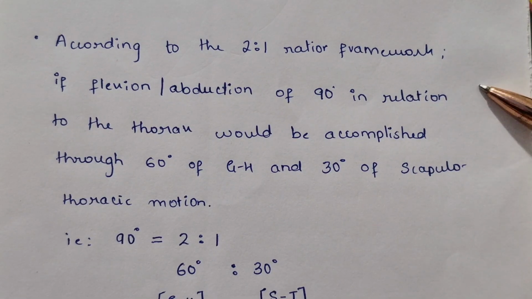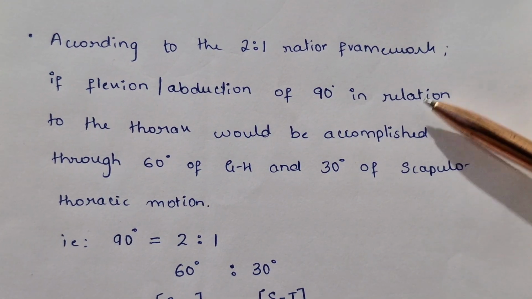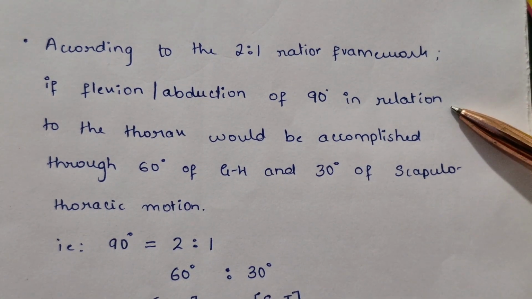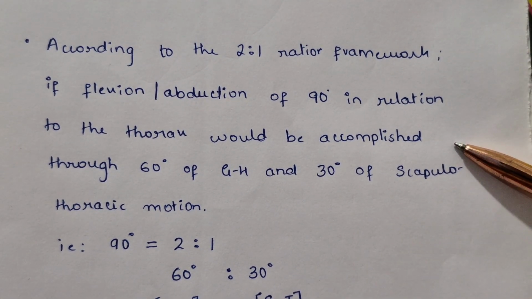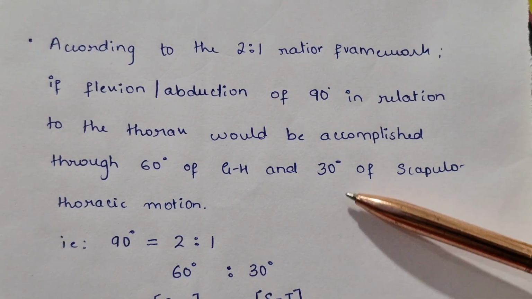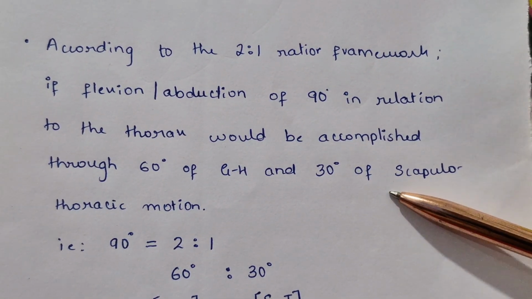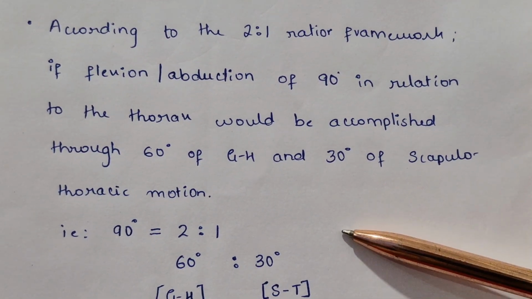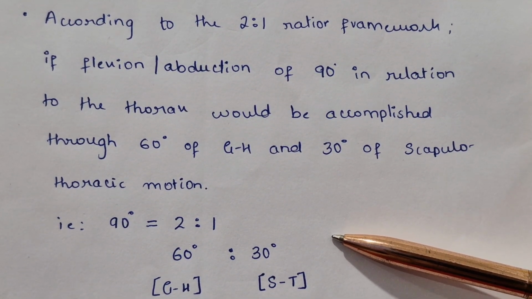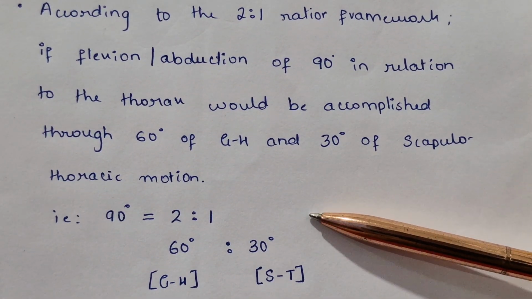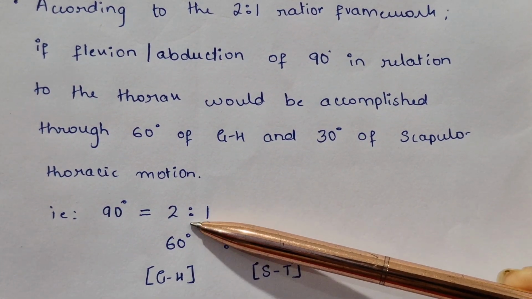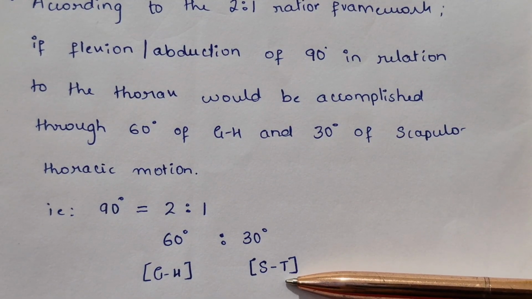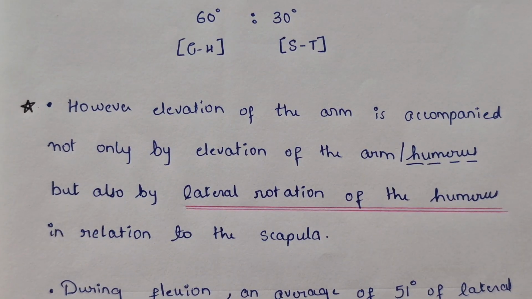According to the 2 is to 1 ratio framework, flexion or abduction of 90 degrees in relation to the thorax will be accomplished through 60 degrees of glenohumeral and 30 degrees of scapulothoracic motion. That means for 90 degrees of motion to be achieved, according to 2 is to 1, 60 degrees occurs at the GH joint and 30 degrees occurs at the scapulothoracic or the ST joint. However,